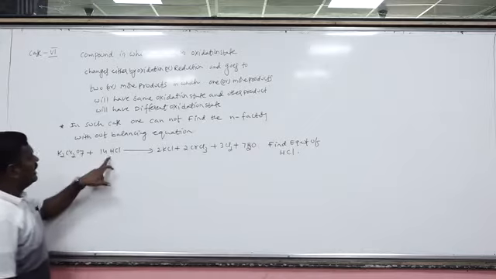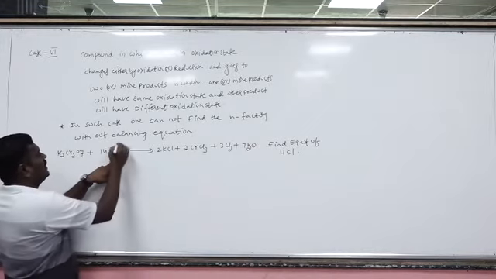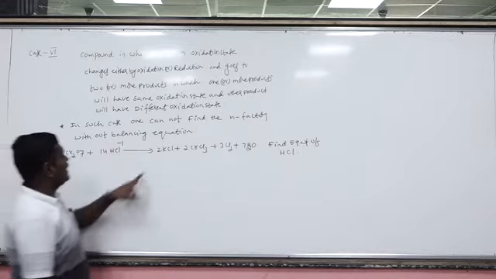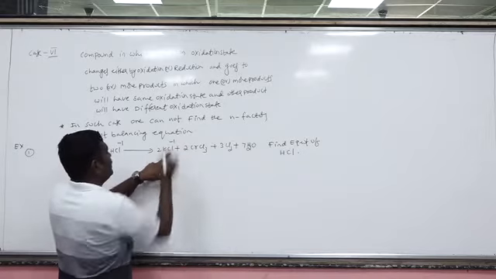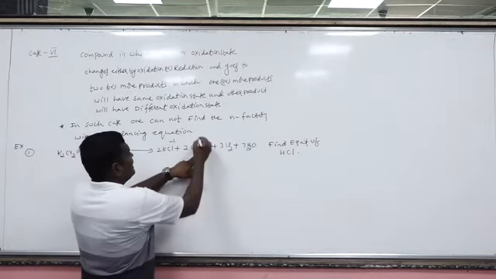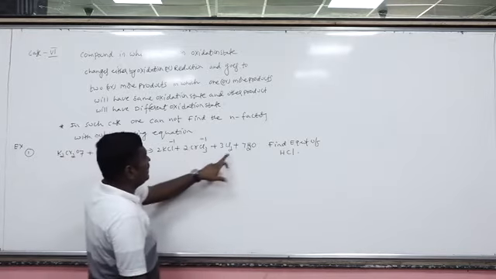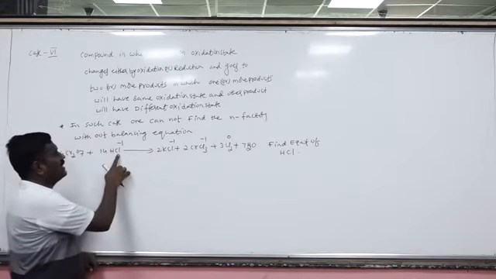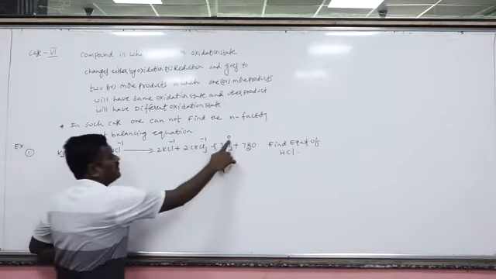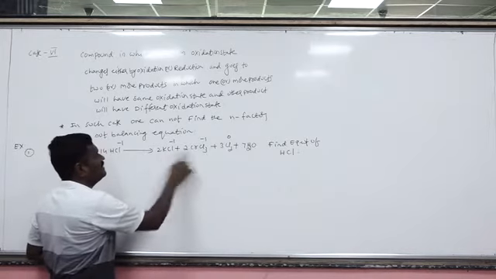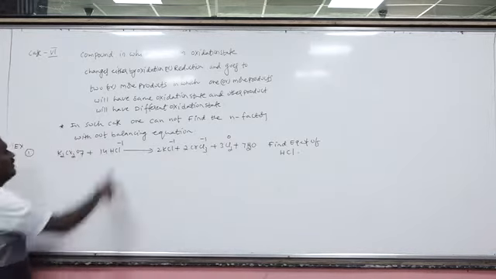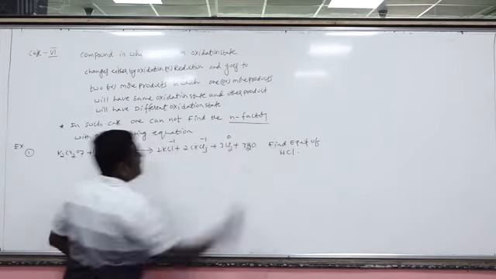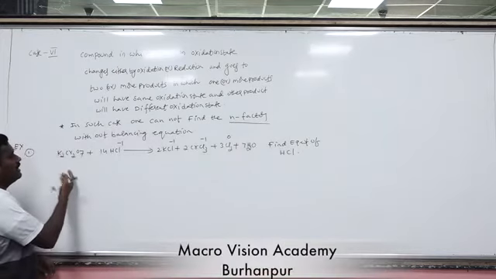Now you see, in hydrogen chloride, what is the oxidation state of chlorine? -1, because hydrogen is +1. Now on the right hand side, what is the chlorine oxidation number here? -1. Here also each chlorine is -1. I am writing per atom, -1. But here the chlorine oxidation number is 0. That means chlorine oxidation number changes from -1 to 0, but in some other products it remains the same. In that case, we have to compulsorily balance the equation, otherwise we cannot find the N factor. That's why most questions are given with balancing.